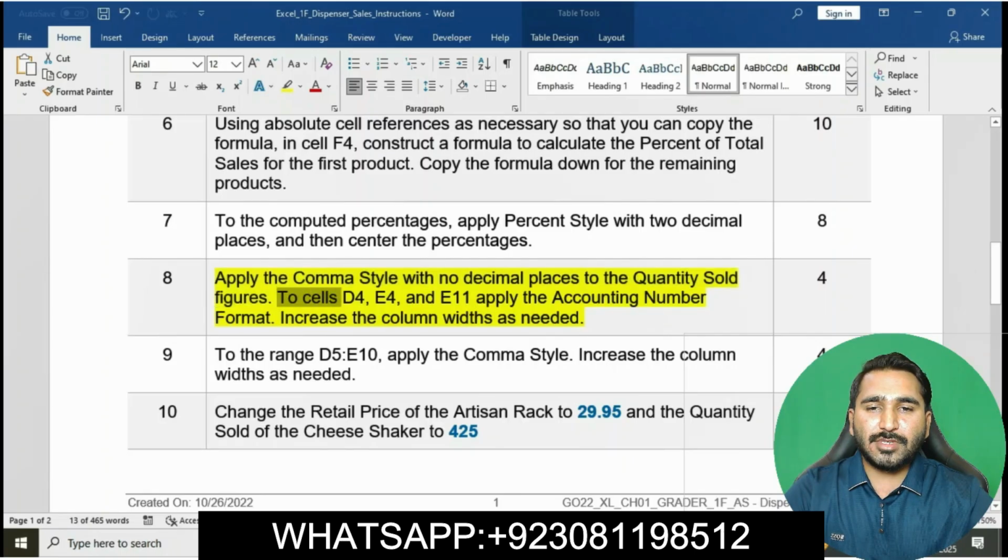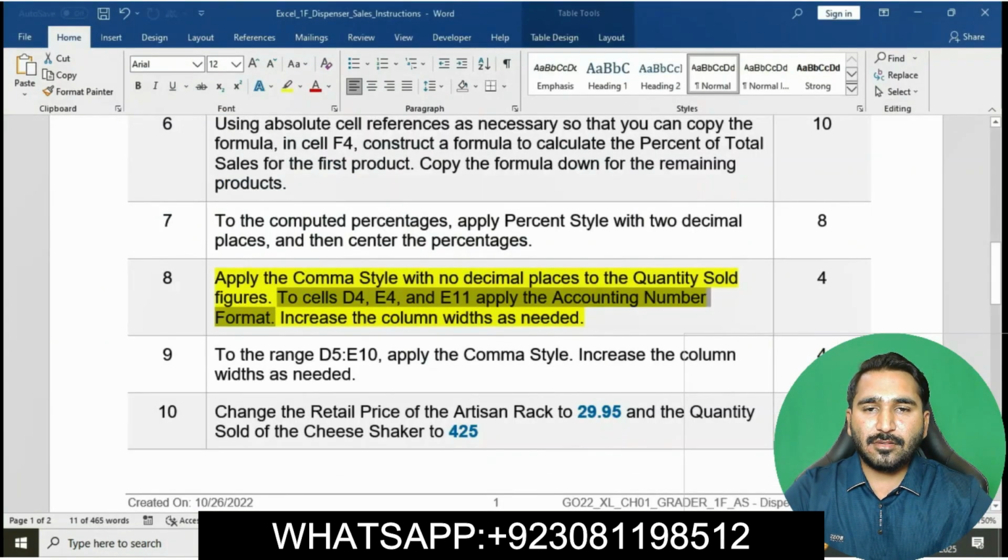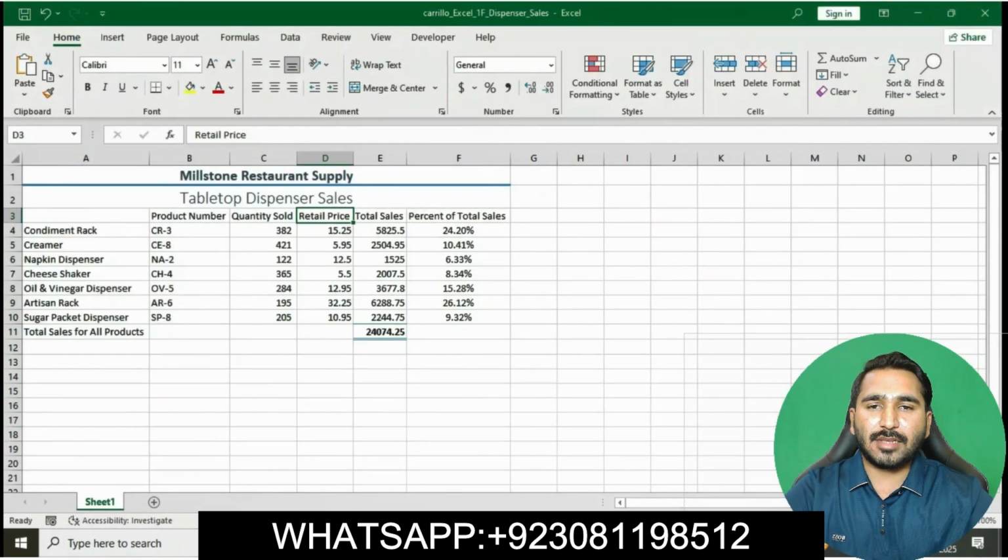Now to cells D4, E4 and E11, apply the accounting number format. We will select cell D4, cell E4 and E11. Then go to the home tab. In the number group, apply accounting number format on these 3 cells.